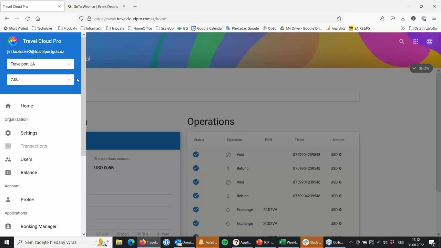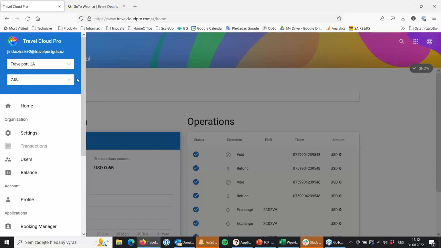So this is good to remember when you as an administrator set up the agency and add the pseudo city code, and then, for example, your colleague is not aware that you already have an organization in TCP and tries to make the organization and add the same pseudo city code. We will restrict this operation and tell the user that this pseudo city code is already used.